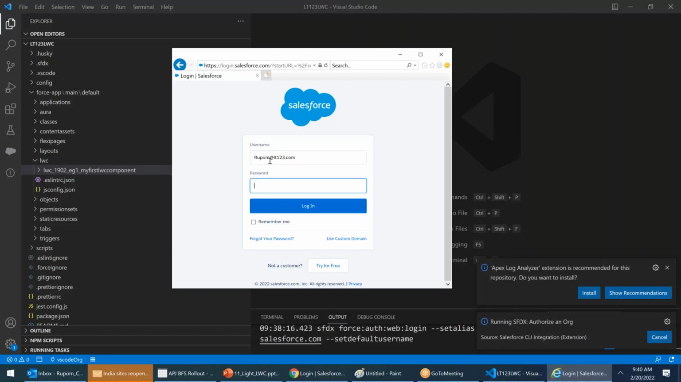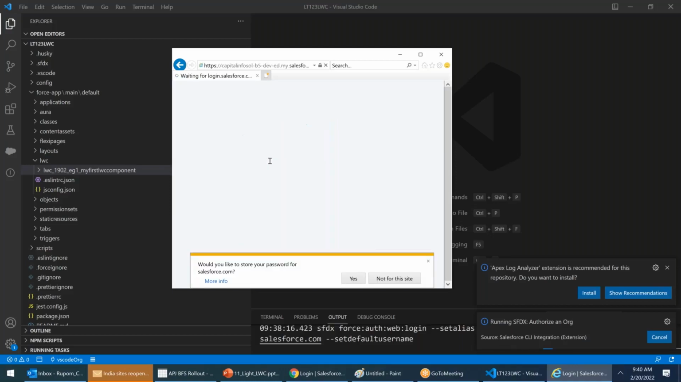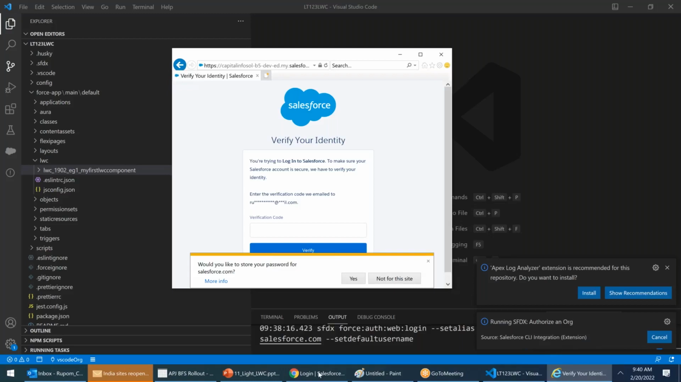lt123.com, password crm1234 hash. And if we want to edit something which is from the class which is already created, how can